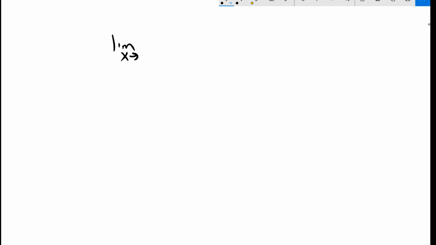So if I have the limit as x approaches negative infinity of x plus natural log of x squared over 4, and I'm trying to evaluate if this thing has a limit at negative infinity, I can be like, heck yes, because negative infinity squared is positive, and I'm not allowed to put zeros or negatives in natural logs, but I am allowed to put positives, and positive infinity squared is a positive number,